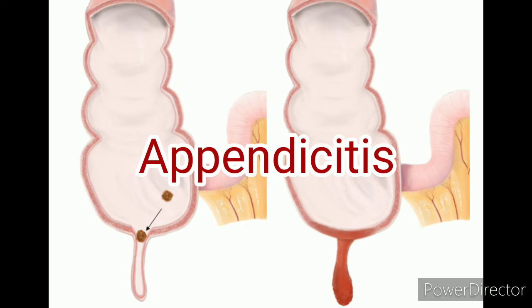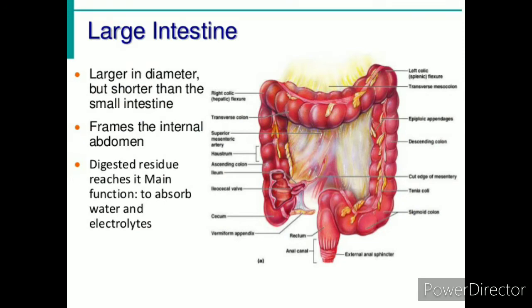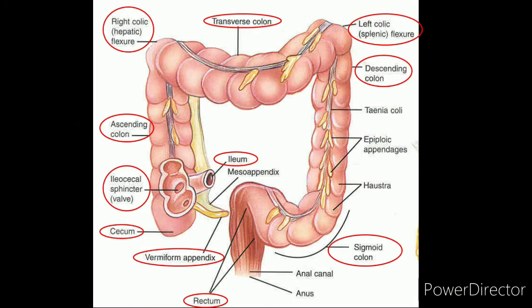So let's understand the main functions of the large intestine. The large intestine contains microbes or bacteria which help to convert protein to amino acids, break down amino acids and produce some B vitamins and K vitamins. Thirdly, absorbing some water, ions and vitamins also helps in the proper absorption of the nutrients. Fourthly, it forms feces. Feces, that means the undigested food which is not needed by the body anymore, is defecated out from the body